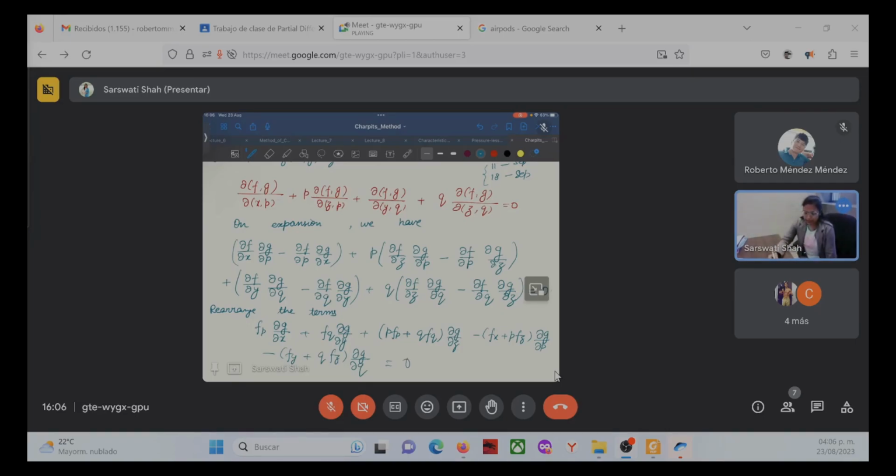Now you can see that this is a linear PDE for which the auxiliary equation will be